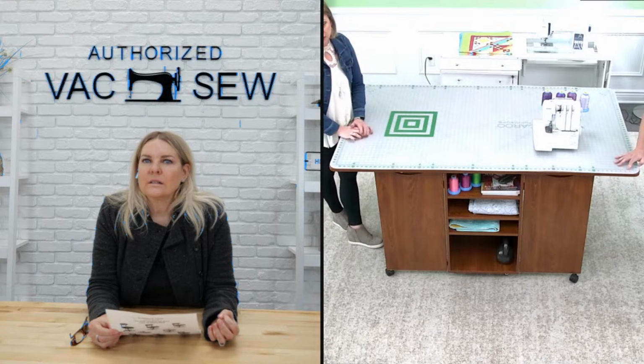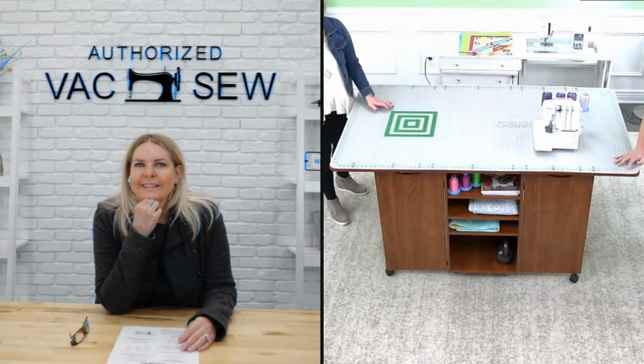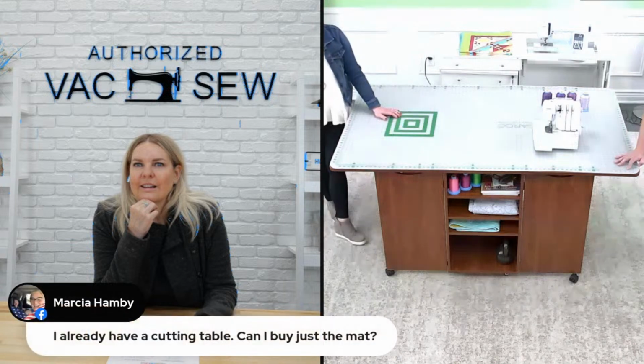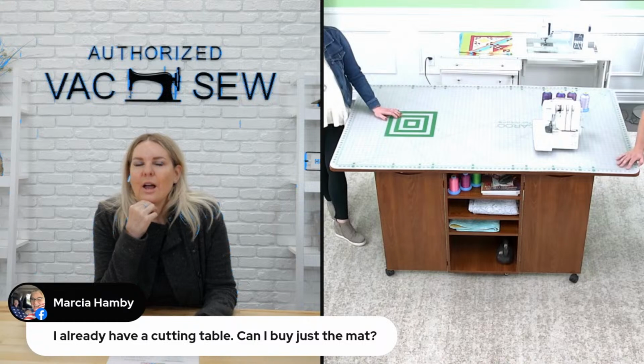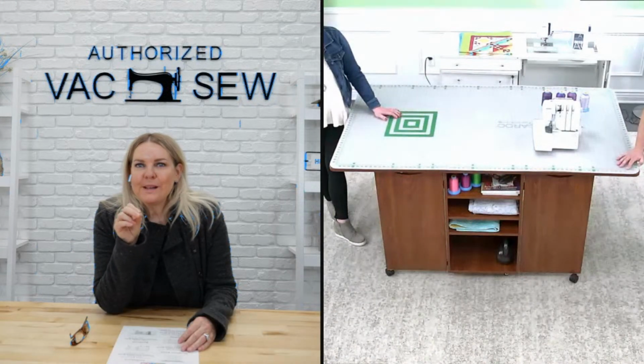But it is a nice protectant to the top of the cabinet. It's a good use. Okay. Yes. We try to torture test it. And there was a question in there about purchasing it separately. Absolutely, Authorized Vac and Sew can do these as a separate standalone purchase. Yes, you can. But I have to admit, when we do big sales on fabric,